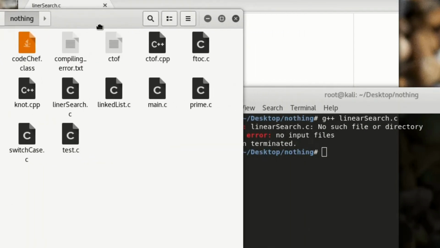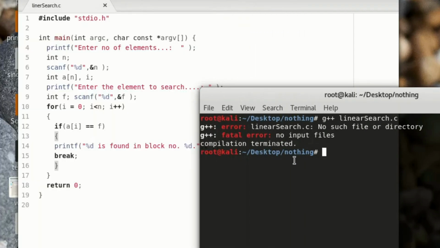The mistake, I think, is that I just misspelled the file name. Let it be linear search. Okay. Now it is compiled and we can run it just by saying a dot out,